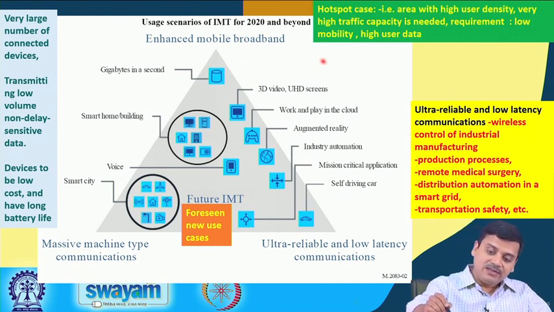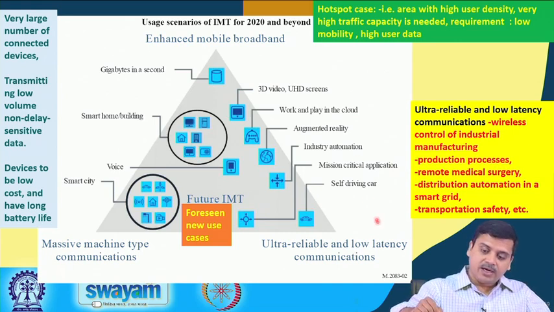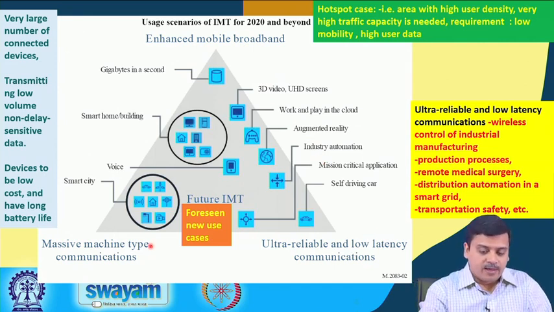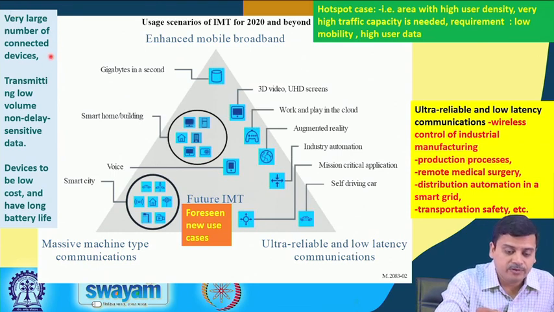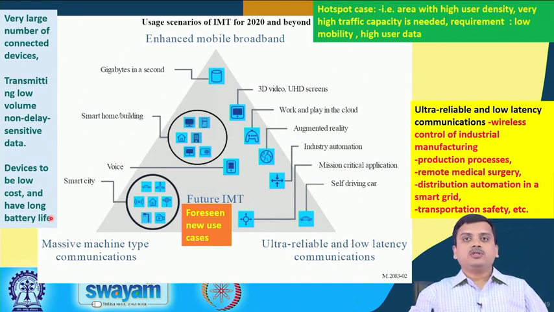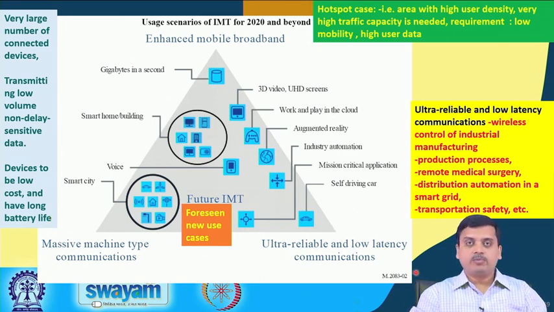So, there is a significant difference in the kind of requirements and services in these different operating scenarios. In case of machine type, we have been saying there would be a large number of users connected, and they would be transmitting low volume, non delay sensitive data, and devices are required to be low cost and having a long battery life. So, it is an overall picture which captures the different scenarios that are required to be supported by